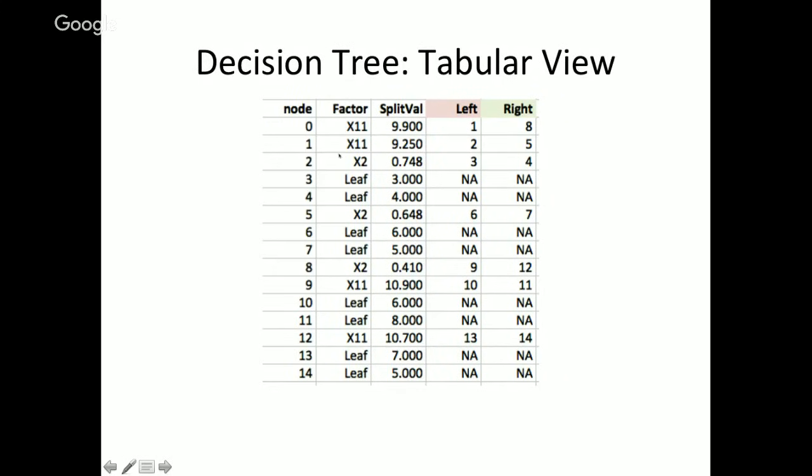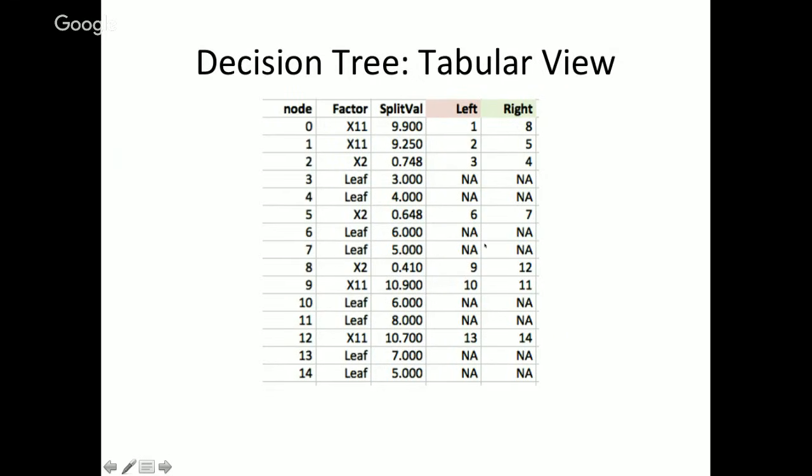The first column is, for that particular node, which factor are we considering? The next column is what is the split value? In other words, which value do we decide to go down a left branch or a right branch? And then these 2 other columns tell you where in my matrix here does the next part of the tree begin. So here we're saying the left tree starts in the next row, and the right tree starts at the 8th